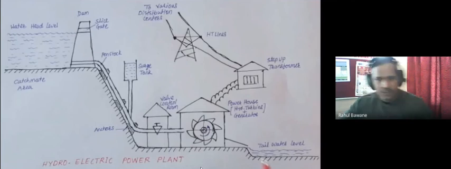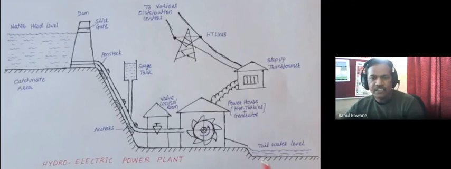Now secondly, the second question: state the advantages and disadvantages of a hydroelectric power plant, and obviously for 4 or 6 marks, you have to mention at least 6 points. So what are the advantages? What is the working fluid? It is free of cost, available in the rainy season. So we do not have to pay anything for this water. That is our first advantage.